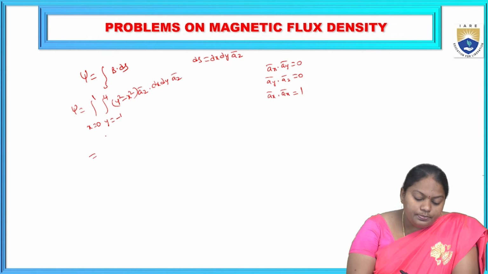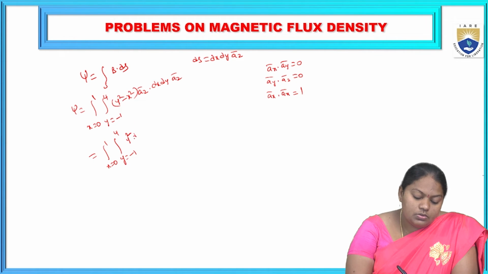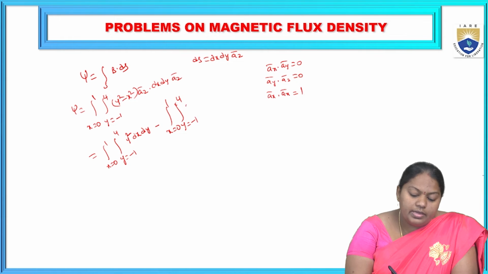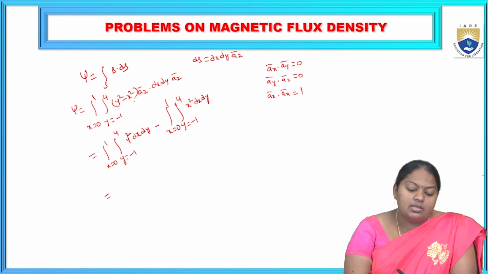Which is equal to the integral. First, integrating: integral x equal to 0 to 1, integral y equal to minus 1 to 4, y square into dx dy, minus integral x equal to 0 to 1, integral y equal to minus 1 to 4, x square dx dy. Okay, which is equal to, splitting this with respect to the separate variables,